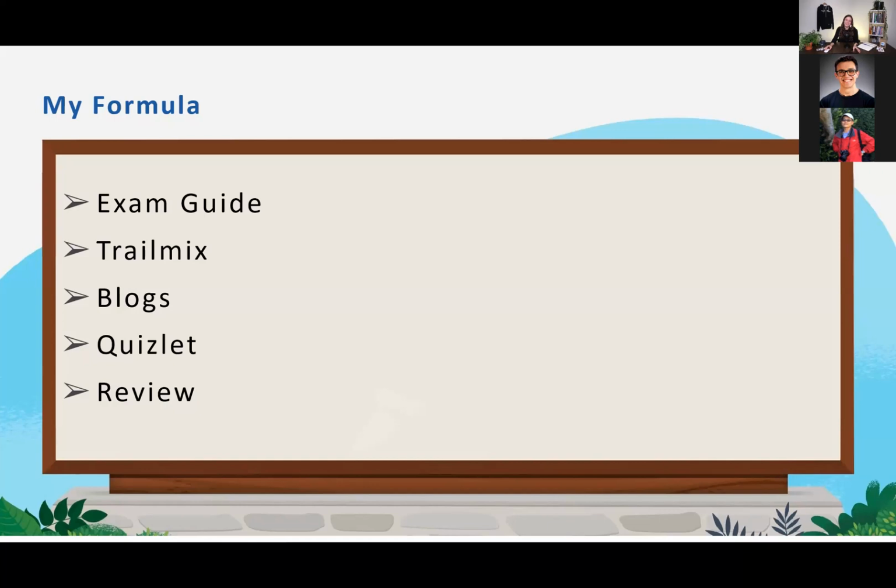Another thing is the blogs. Literally, search the name of that certification plus blog in Google, and pretty much every link on the first few pages, just open them and have a glance. You may find something interesting or boring, you make the judgment. But most of them, if they make it to the first page of Google, get a lot of hits, and that means it's quite useful and helpful.